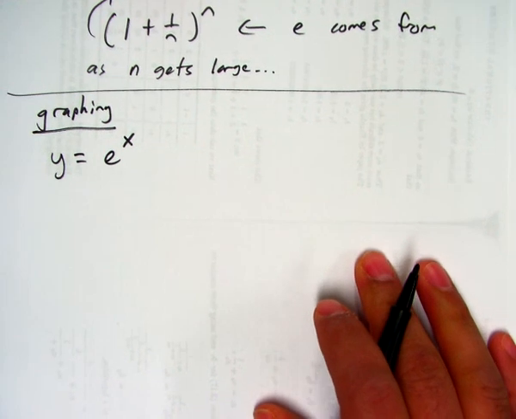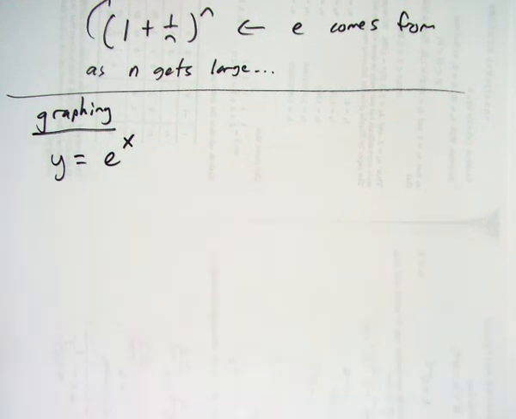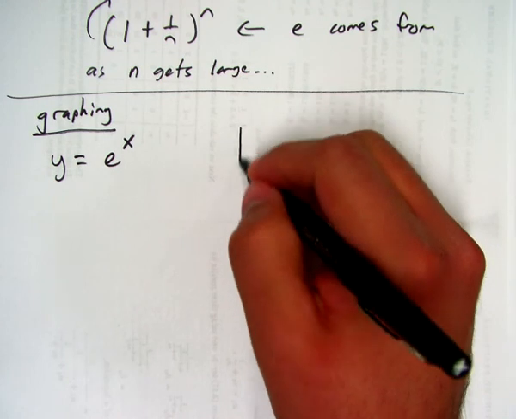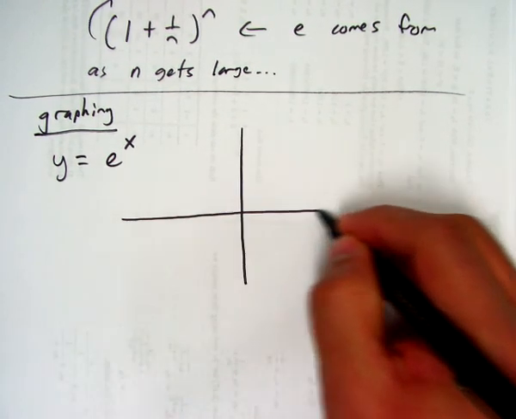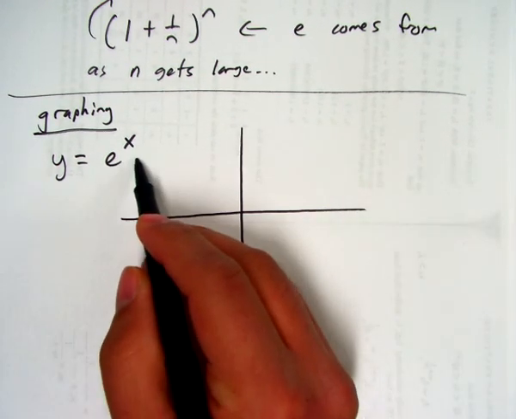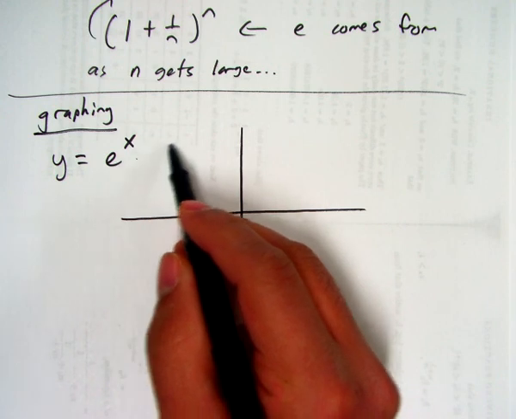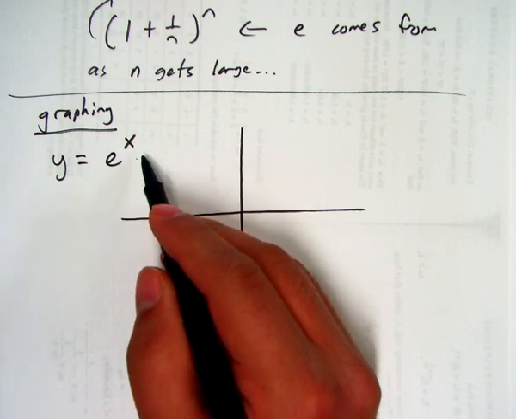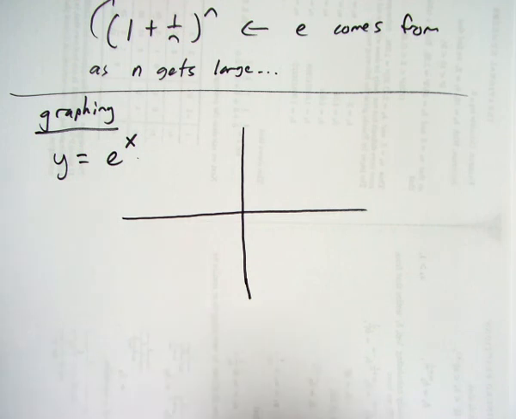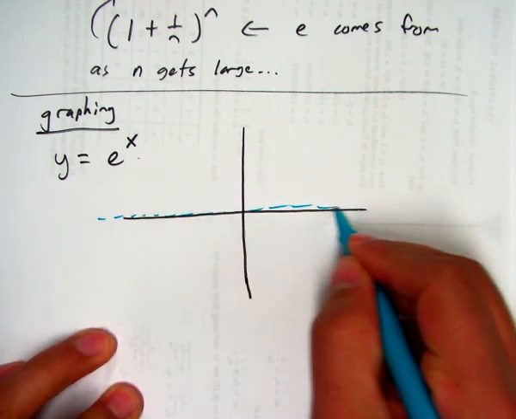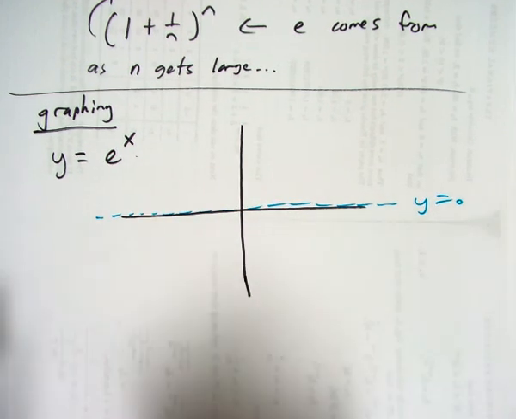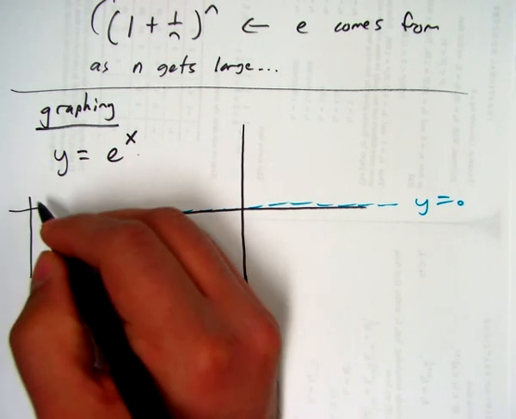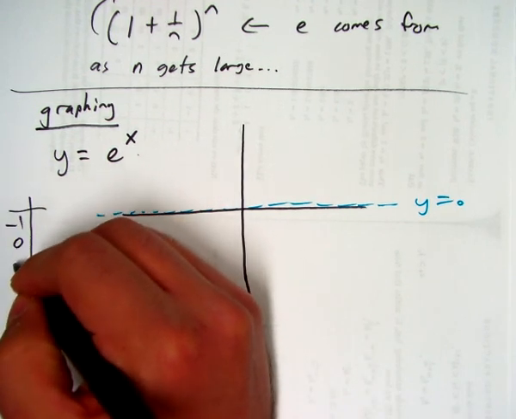Since we don't have a calculator, or I mean, we do, but you should know how to sketch these without a calculator. We know a couple of things now. One, from before, since there's no plus constant, or plus 0, we know that there's going to be a horizontal asymptote at y equals 0. And as far as finding some nice points to graph, we really only need 3. If you plug in negative 1, 0, and 1,